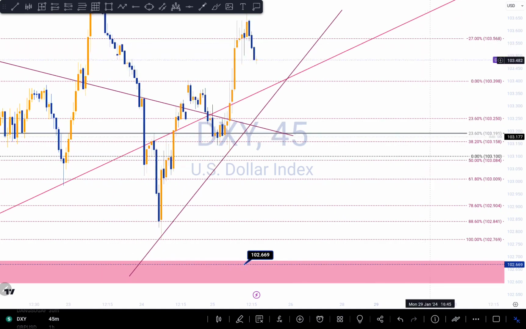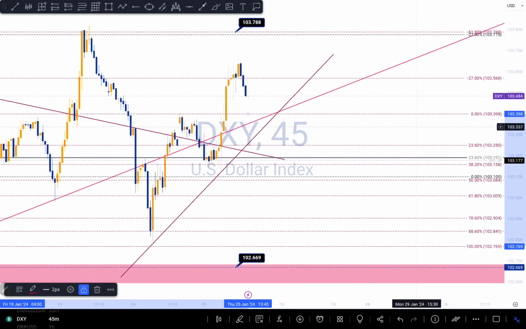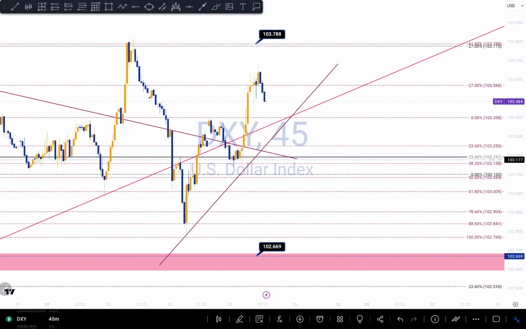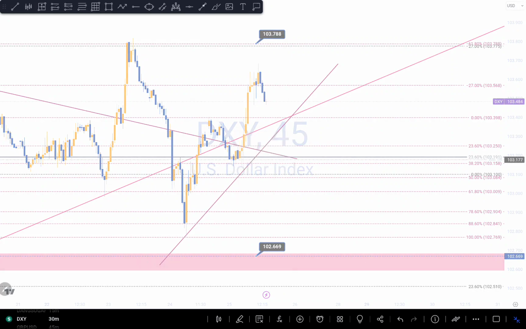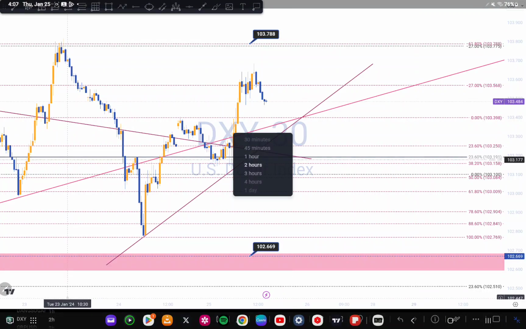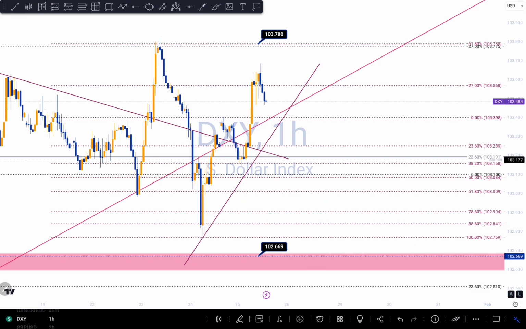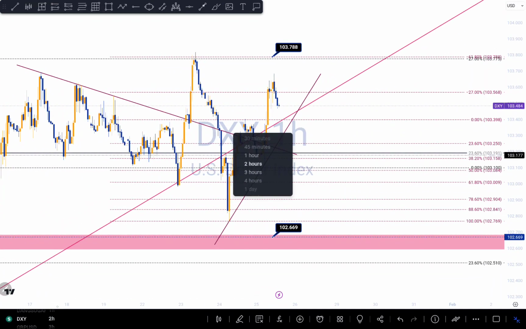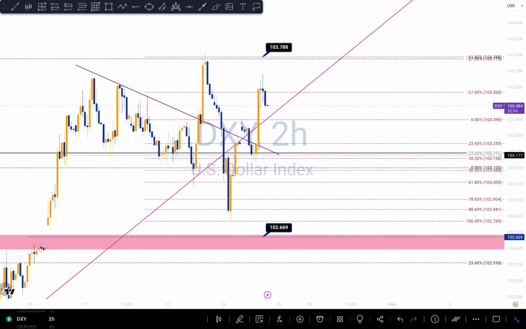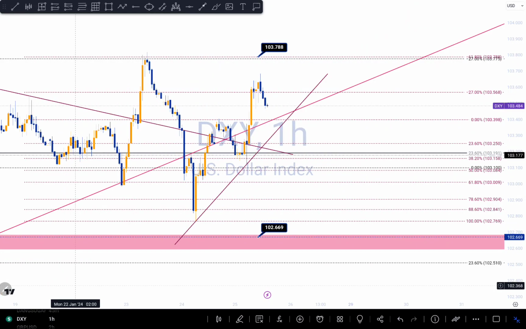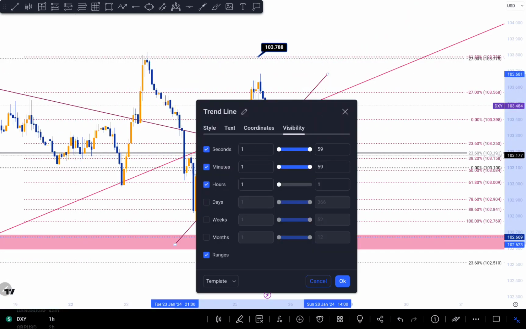So there's a possibility, so I have different scenarios on buy right now. There's a possibility for us to push down here to this red trend line for us to push up, or we might come down a little bit to touch this particular trend line before pushing to the upside. So let's go to my 30-minute time frame to see if I have anything. No, so I'm just going to stick with this one right here. Okay, so let's see, this one, 2 hours.